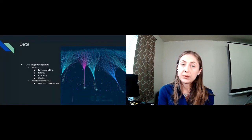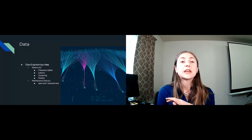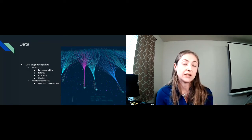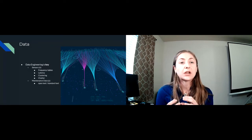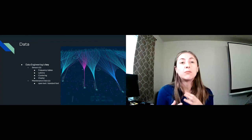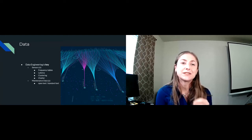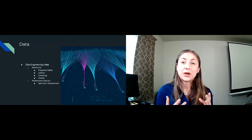But the really important part is that a lot of this information is part of a whole giant plant, and it isn't just one engine. There are hundreds or thousands of engines in a plant, and each engine might have multiple feeds coming off of it, and each feed is at every millisecond or every second. And so the amount of data you end up getting